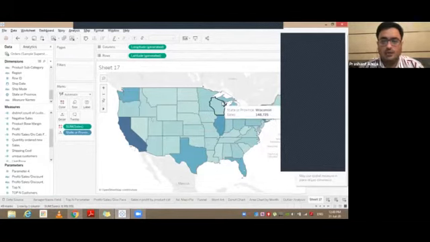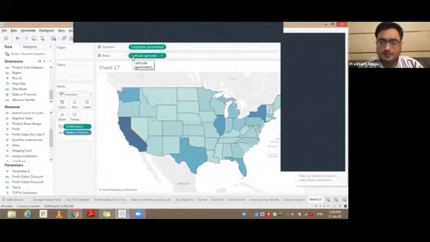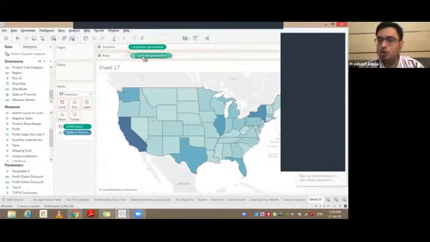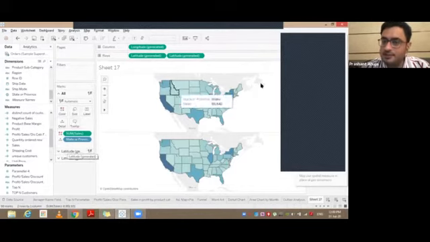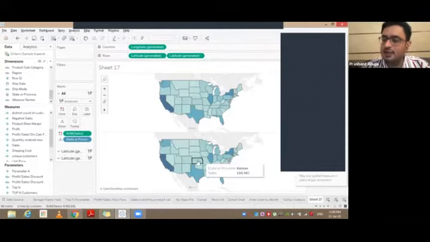What we need to do is we will duplicate it. Just press Control, pick up the field in rows because we want to create multiple rows. If we drag and drop into the columns, the chart would appear on the right hand side. So if you do this, the charts would come below the first one. Now, the first latitude generated field represents the first chart. The second latitude generated field represents the second chart.